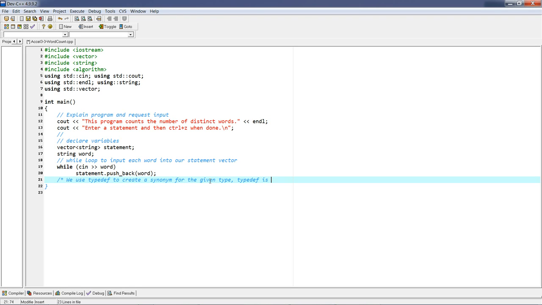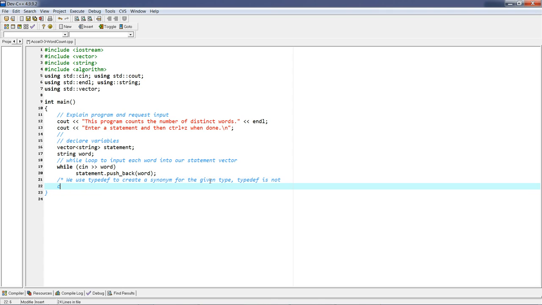Typedef is not creating a variable, but a shorthand way of writing